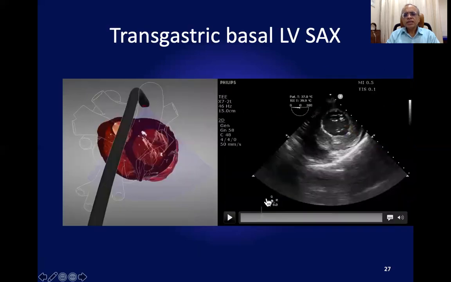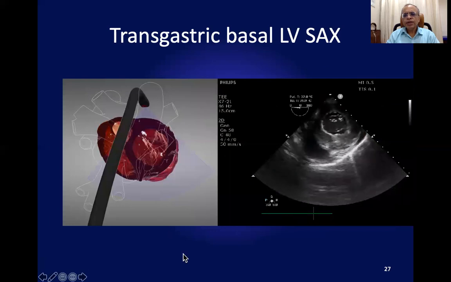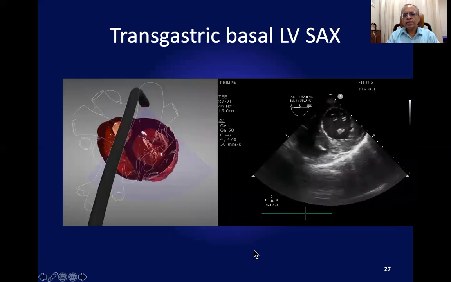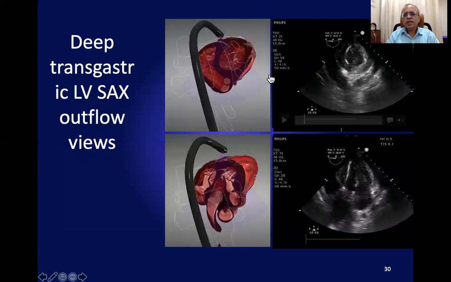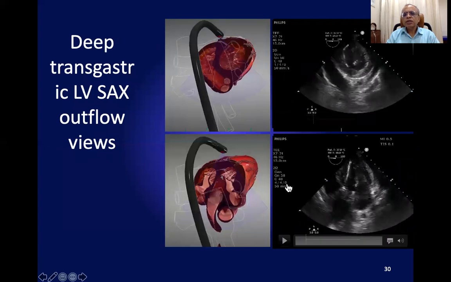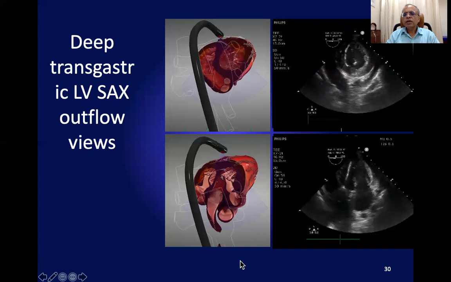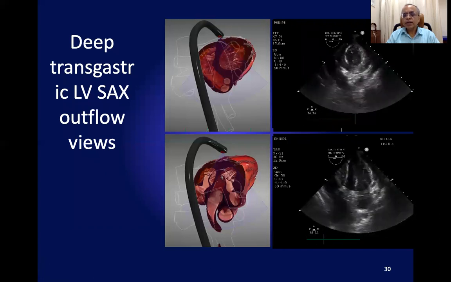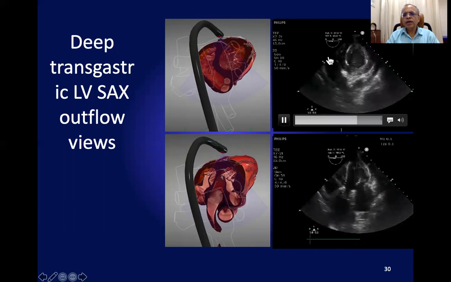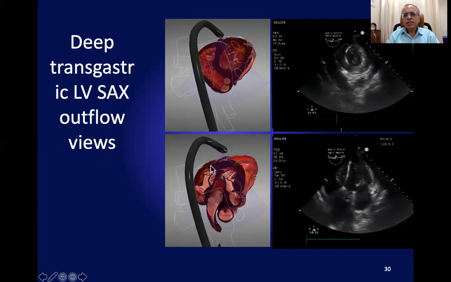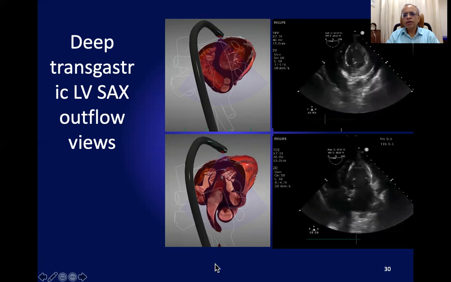Now, these are the transgastric views and their orientation to look at the LV short axis at the mitral valve level. And now these are the transgastric views which are generally very difficult for the young cardiology fellows to acquire, and they can practice it on the mannequin. Now, this is a transgastric view with anteflexion to open up the RVOT. And this is the transgastric view with extreme anteflexion to open up the left ventricular outflow tract.